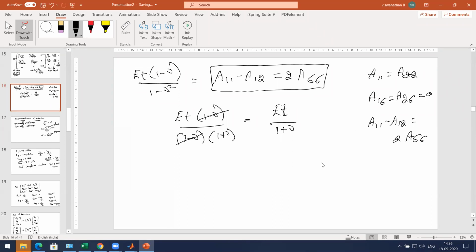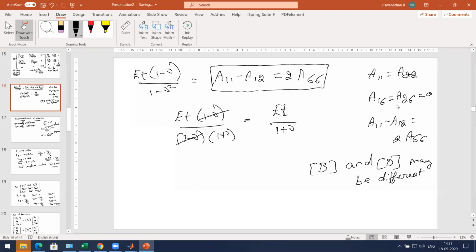Because the B matrix and D matrix may be different compared to isotropic material. But only the A matrix we are looking at, which is about the extension shear coupling. If that matrix meets this requirement,